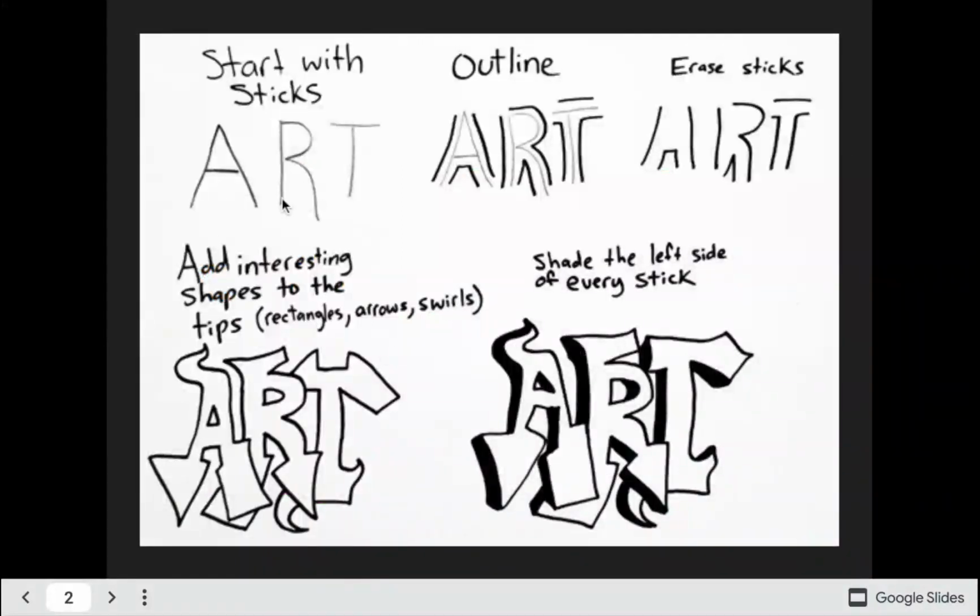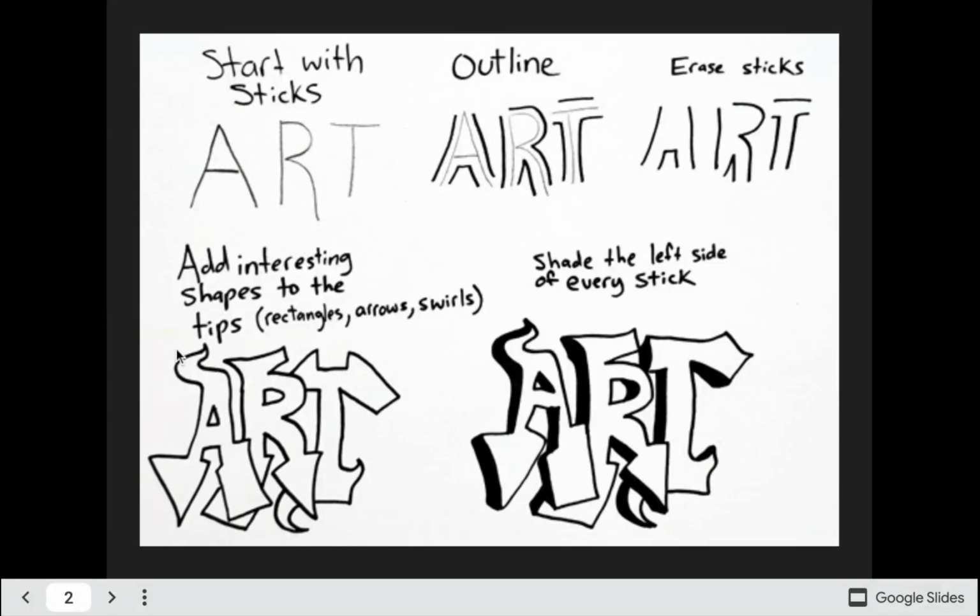And this is a really awesome technique to use in art, especially with letters. Because I know a lot of students like to do bubble letters, block letters, but they don't know how to get them started. So if you start with just the regular stick letters in pencil and then outline them and then erase them, that's a really awesome starting point. People do that with humans as well. They'll draw a stick figure and then outline the stick figures to start getting a human shape. It's a great way to start to learn to draw the human figure. But this is a really awesome technique with a lot of things in art. It's kind of create your own stencil.